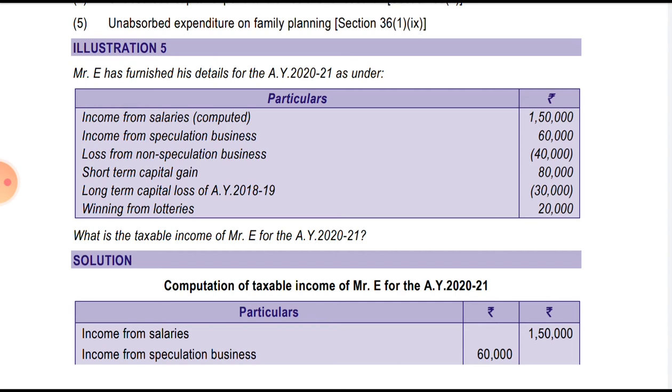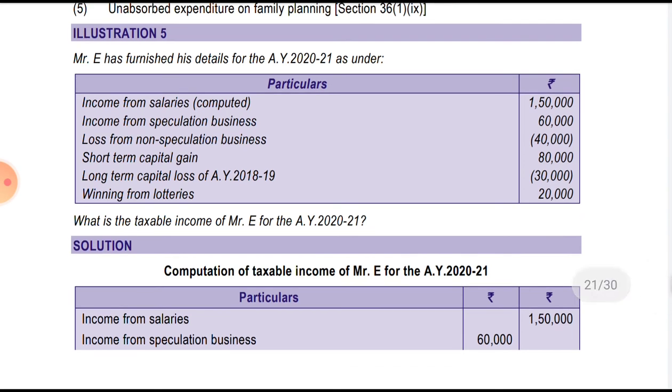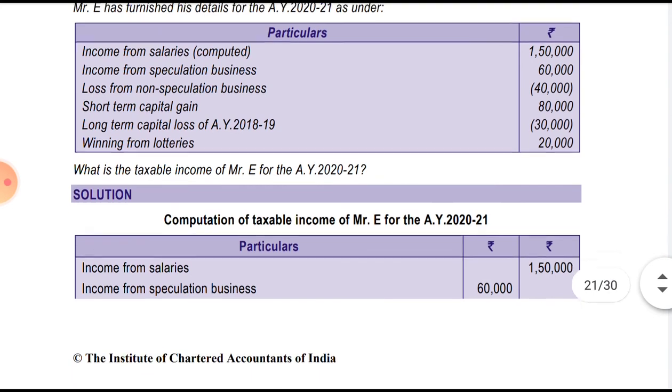What is the taxable income? See, it is a much simpler question. In this we have 1,50,000, from which we cannot first of all deduct any loss, so it will be taxable. Then speculation income from speculation business is 60,000 rupees. Short term capital gain, loss of the non-speculative business, this also cannot be set off. Winnings of lottery,